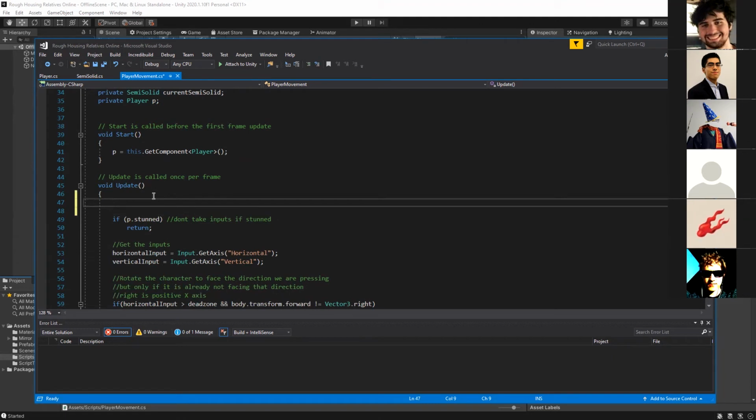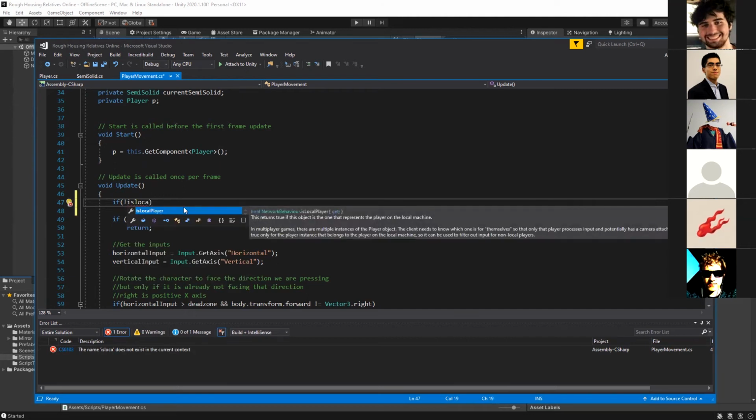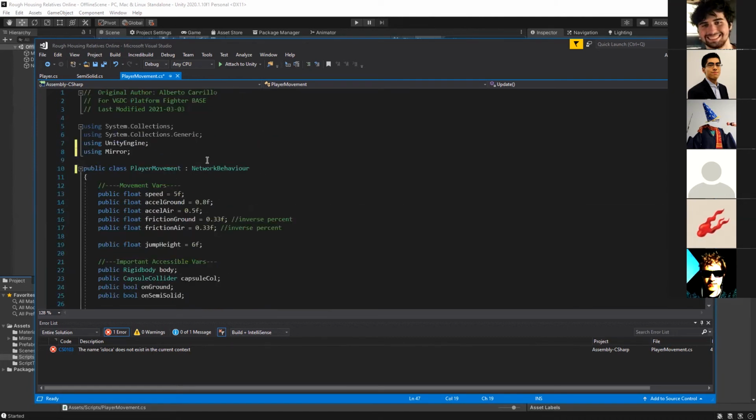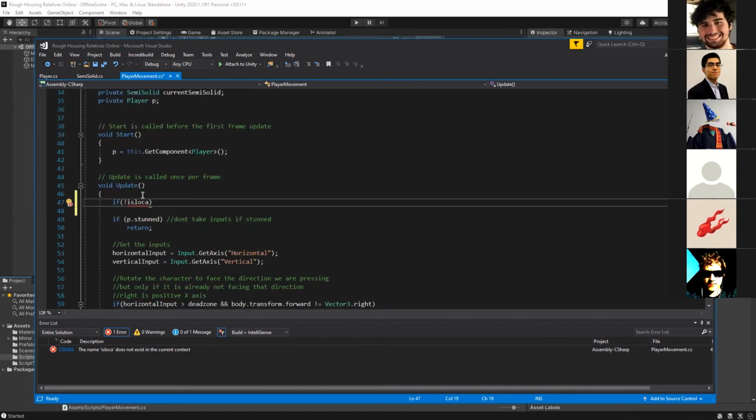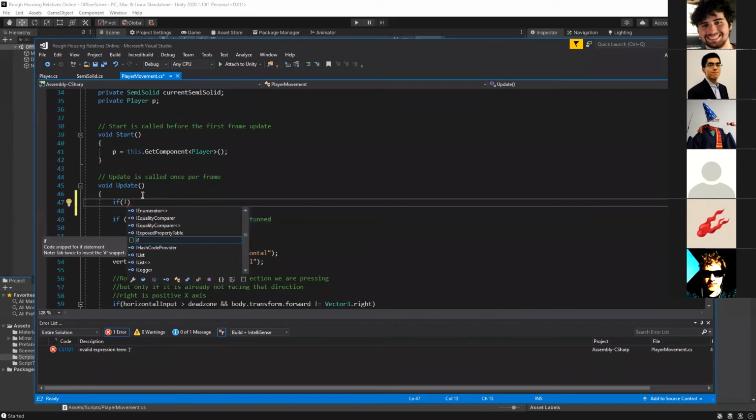It's going to be if not isLocalPlayer. If you're wondering where this Boolean comes from, it's just a default Boolean that comes with NetworkBehaviour. That's something that took me a while to realize. It's like, where is this Boolean coming from? It's just a built-in thing, and there's a lot of other ones too, like isServer or isClient.